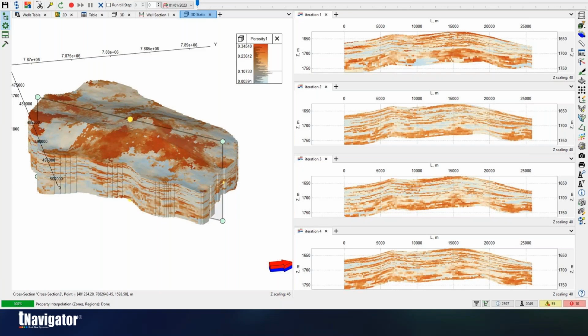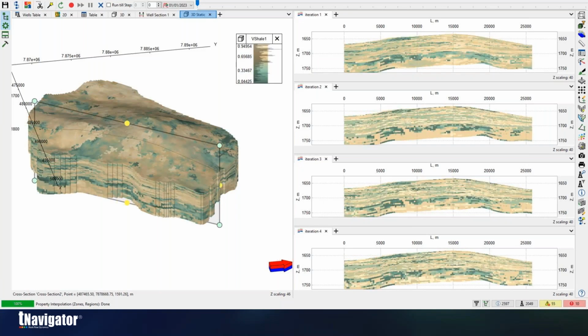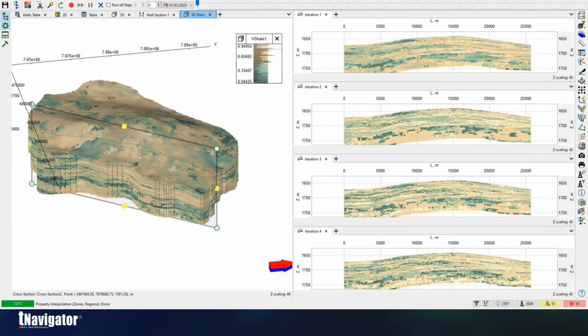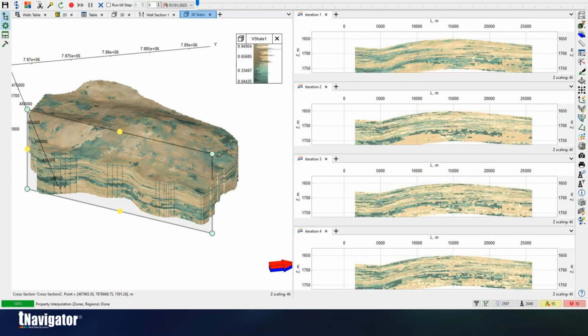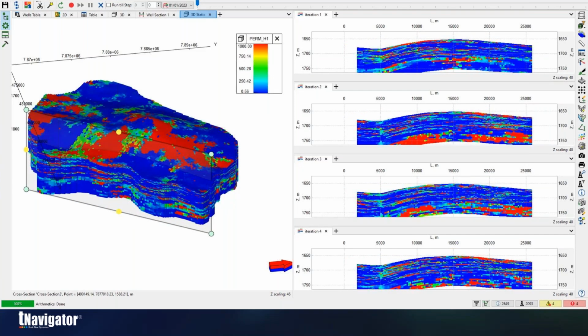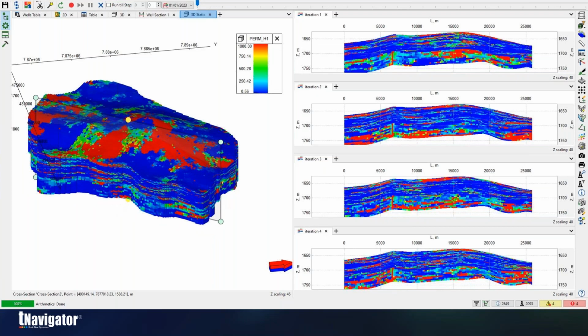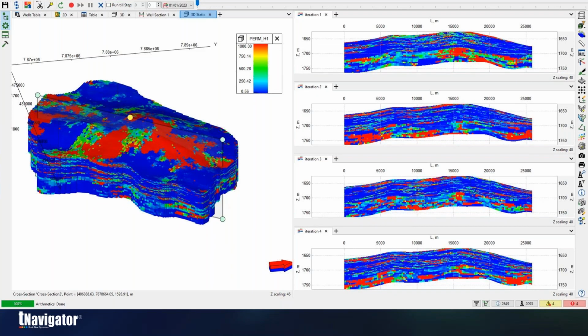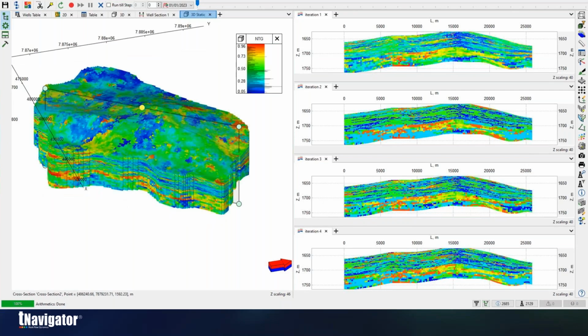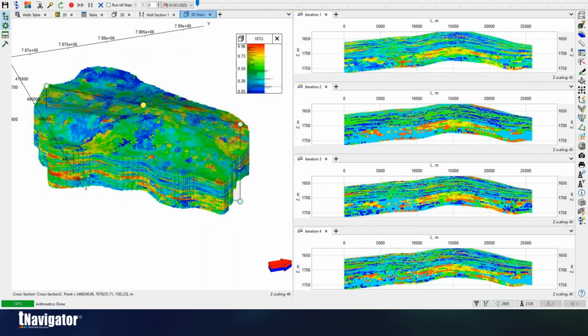So just jumping through the different properties that we're looking for in the geology here. So our V shale, with the yellow in here being high V shale and permeability. So again, you see each model might have a different permeability streak. This will affect how the plume migrates and moves through the model. It's just as important to model each of these so we can have a better assertion of what's happening net